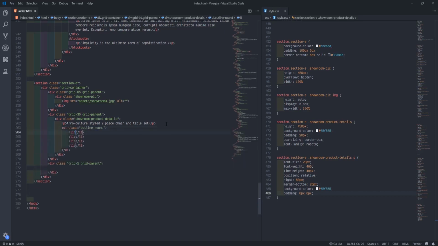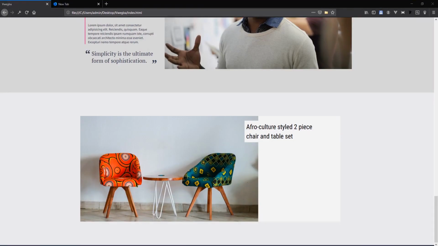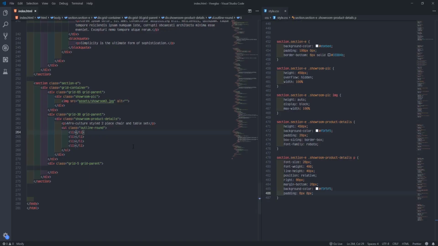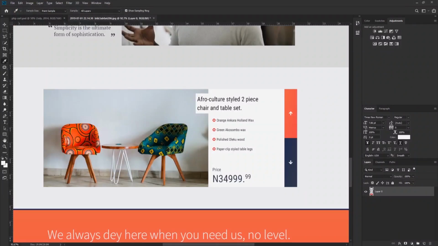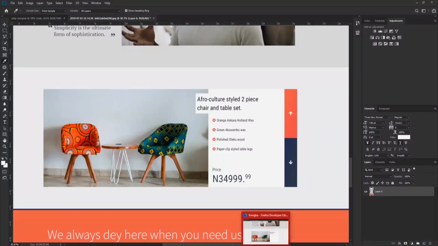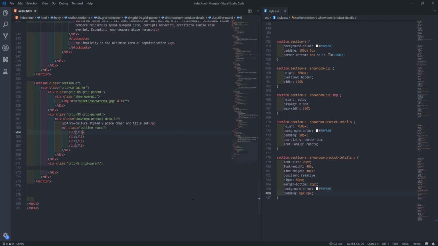So each one, must suit the right here. So orange Ankara Holland wax, green Akosombo wax, polish Uleku wood, then paper clip style table legs, Uleku wood. The floor crease with this wood there. If you know, that's something Nigerians do. Orange Ankara Holland wax.